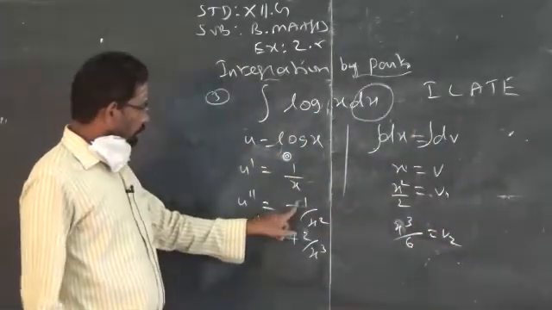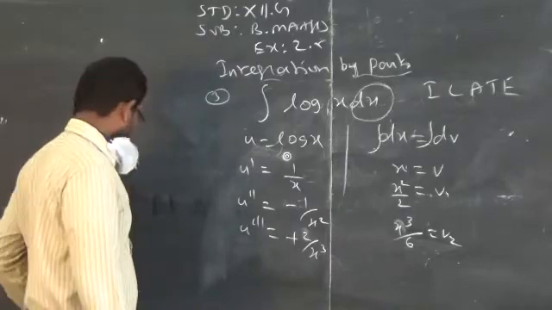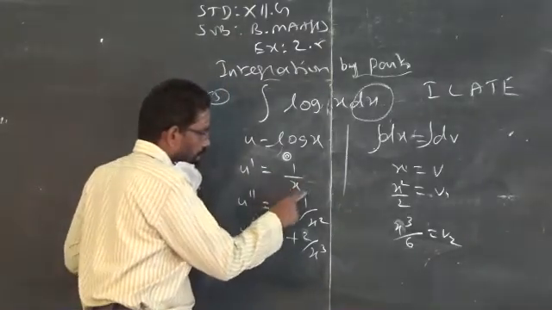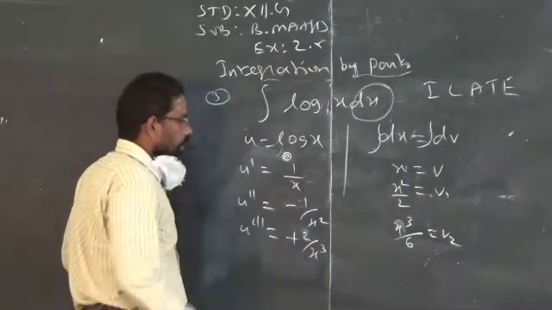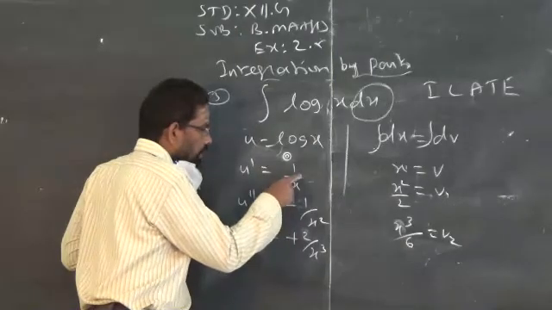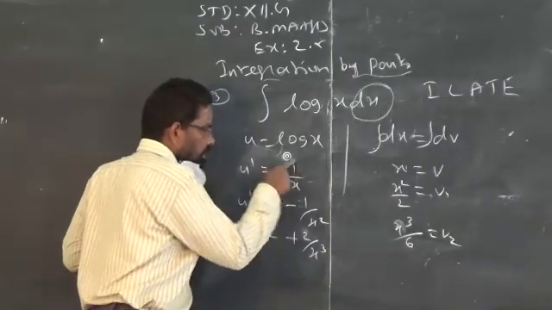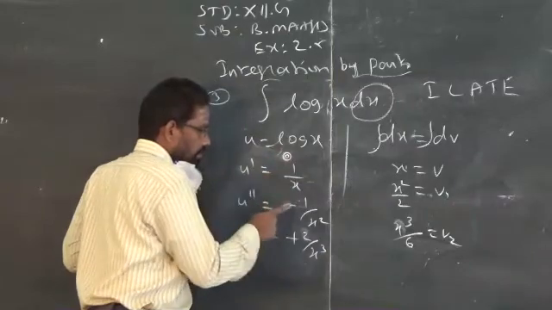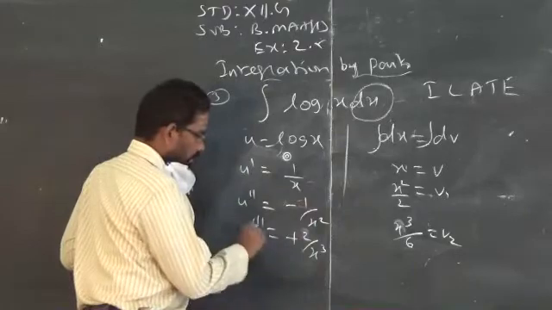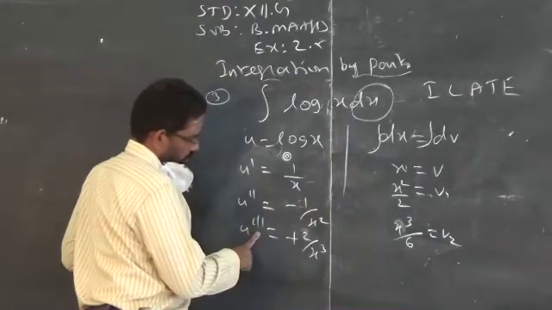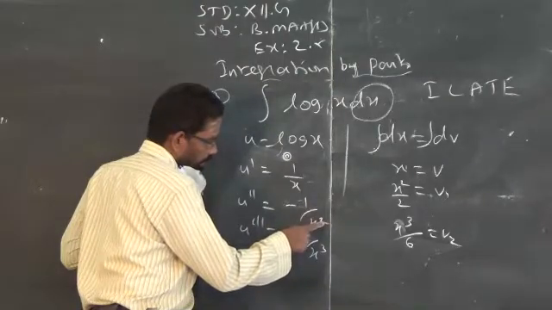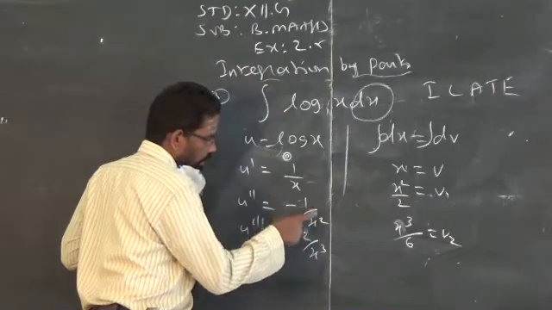So you do know how to differentiate. Just remember, recollect what was studied in 11th standard. When the variable is in the denominator, how do you differentiate? You multiply the power of x with the numerator, 1 into 1, 1. Then change the sign of the function, plus into minus, and then add 1 to the power of x. Similarly, to find u triple dash, as the usual method, just multiply the power of x with the numerator, 2 into 1, 2.